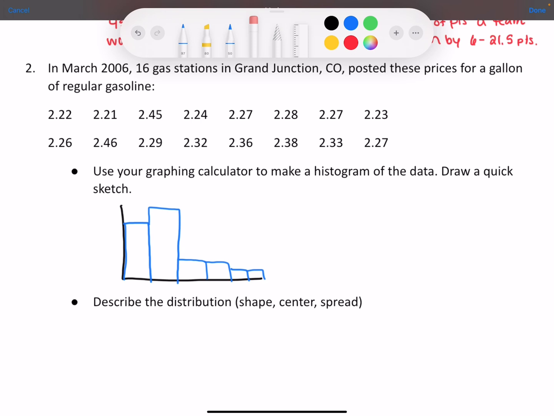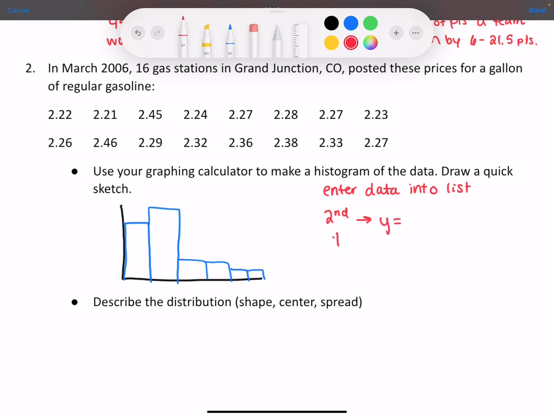All right, just for reference, in case you are looking back, because we only have a couple minutes left, we'll stop here and then go into the description of the shape, center, and spread tomorrow. Just so you have on paper how to put this up in your calculator: enter data into list, using the procedures as we did in the first one. The next thing, hit second, then y equals,